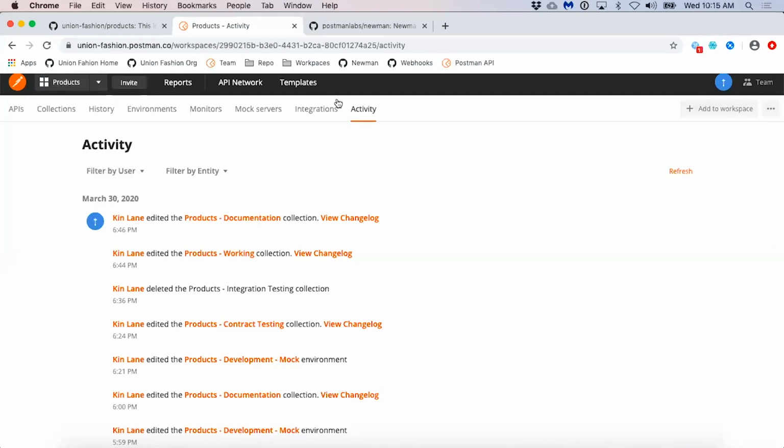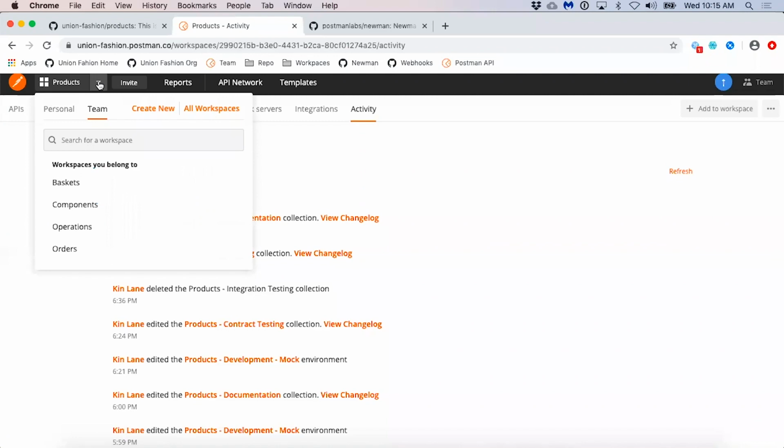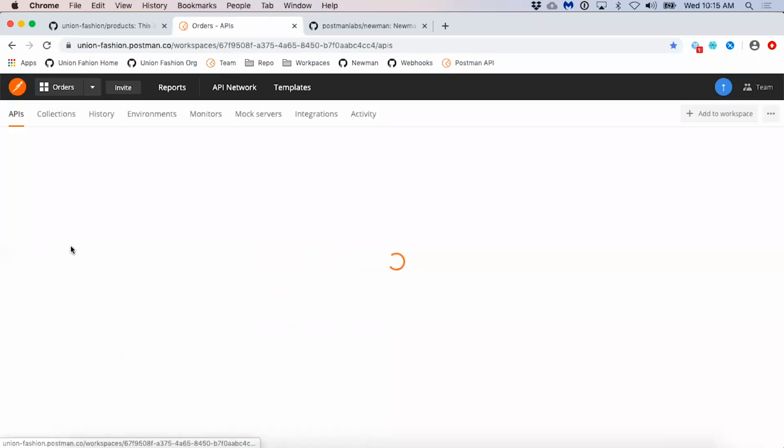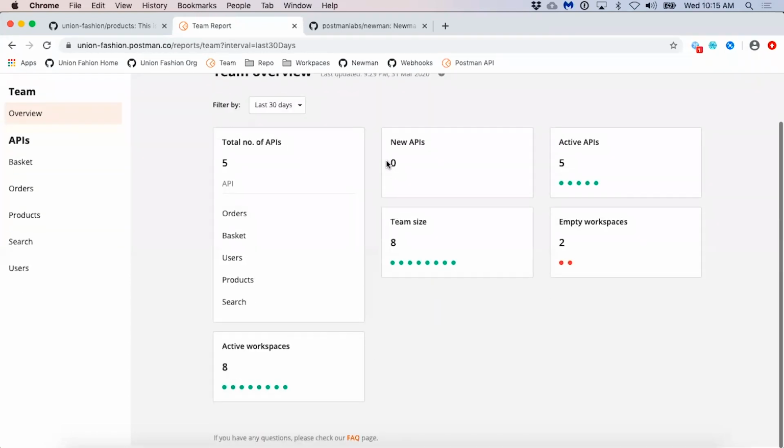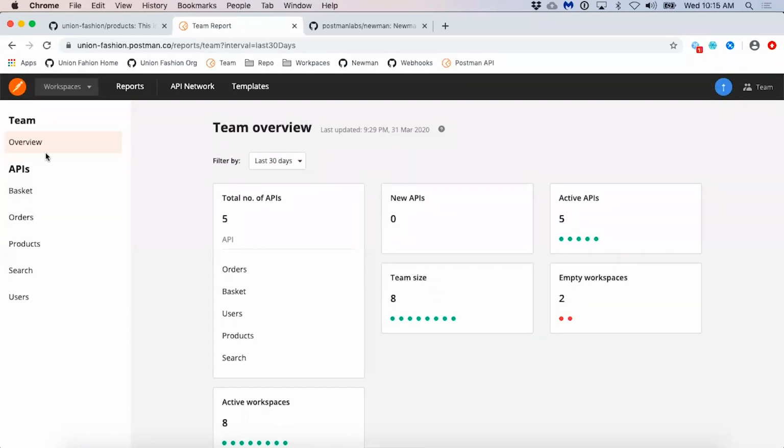And this is just for the products workspace. If Jeff wants to switch and look at the orders workspace, he can dive in and take a look. And then, of course, he can do that in a more comprehensive way using the reporting and getting summarized reporting across each API.